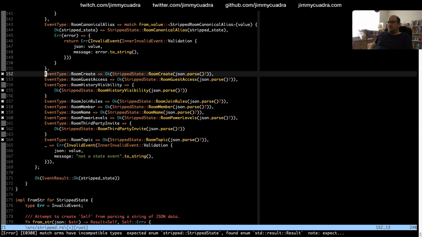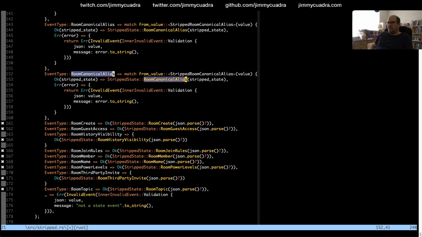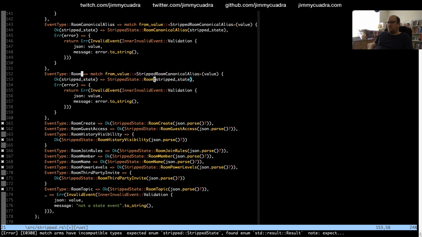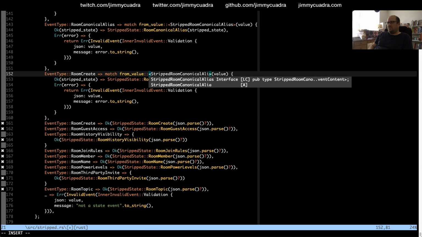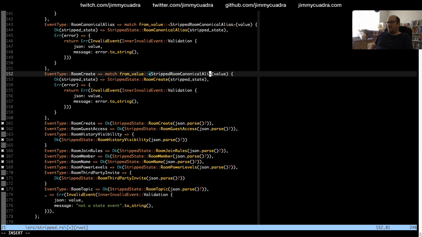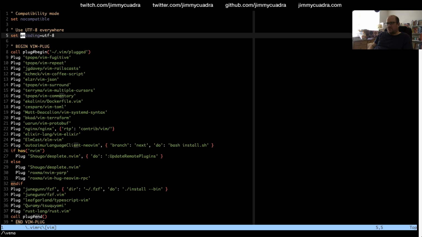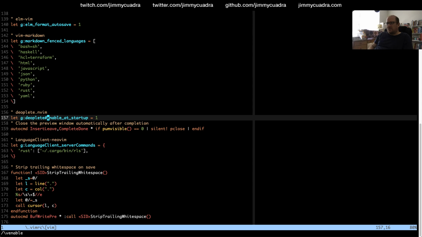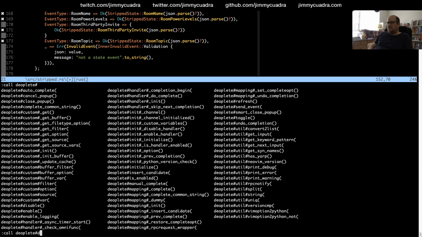This is pretty annoying. If I was better with Vim, I could maybe do a Vim macro to do all this for me. But room create. Stripped room. Stop autofilling. Oh my god, what the fuck? That's unusable. I'm going to actually call deoplete disable.